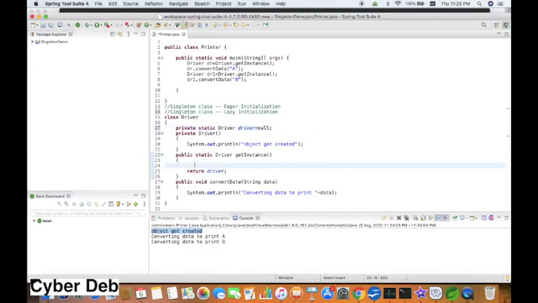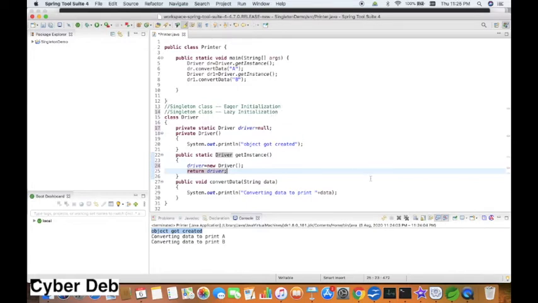Inside the getInstance method, we will initialize the variable which we have declared as Driver type. So is it going to be eager or lazy? I said it is going to be lazy initialization.